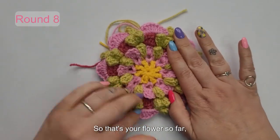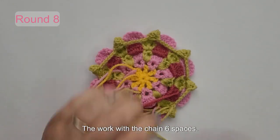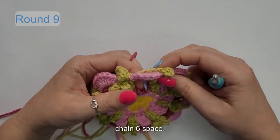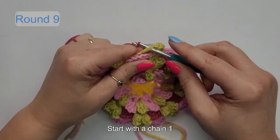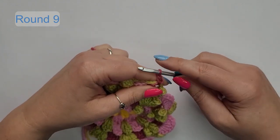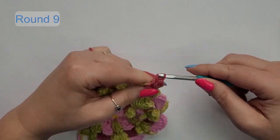So that's your flower so far, and that's the back of the work with your chain 6 spaces. So let's get yarn D for this flower ready and attach it to any chain 6 space. So I'll go here, start with a chain 1, and it's 1 double crochet, 1 half double crochet, then 7 trebles,